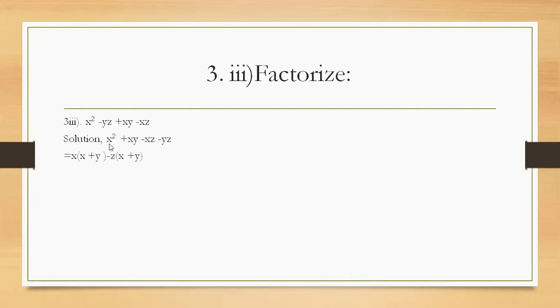Okay. Now look here, x is common in the first two terms. Taking x common, x plus y is left, and here minus is common. We have to take minus common. Then z is also common. If you take minus z common, then here x is left and plus, because I want to show you one very important thing here. In this minus sign, there will be two signs: one minus and another plus, because plus into minus is minus. If we take minus common here, then what is remaining?